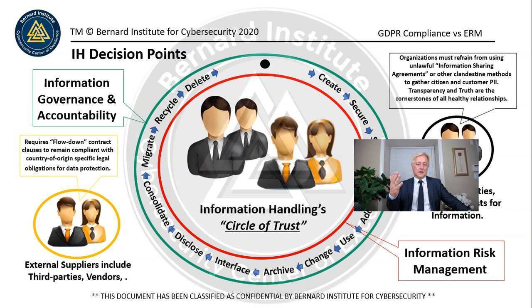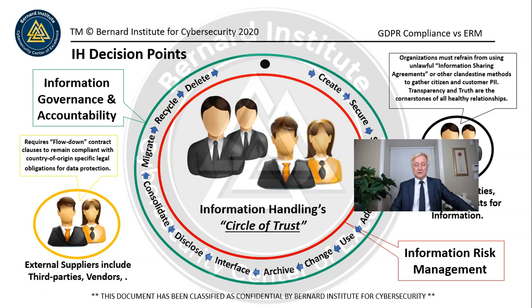If you attend my NIST cybersecurity course, I spend a lot of time talking about supply chains and how to evaluate supply chains. External suppliers, including third parties and vendors who provide products, they need to follow the rules. If they're an alternative service delivery organization, so they handle personal information that you've collected, there needs to be some clear rules and obligations, and they need to follow the law, the GDPR regulations, as well as all the other laws that we've listed that you might not even have considered yet.